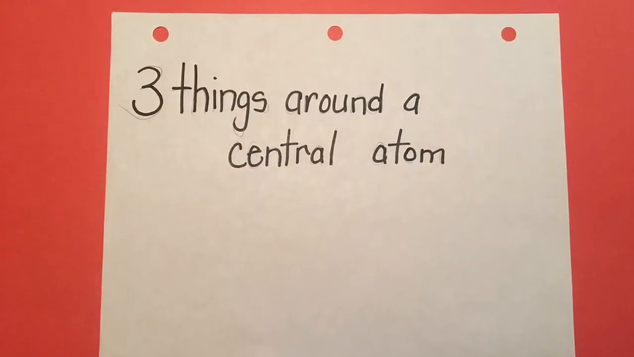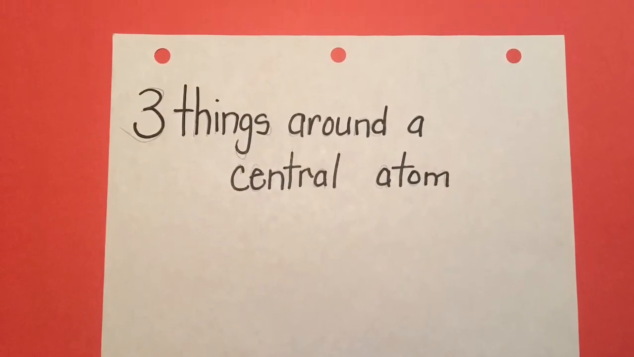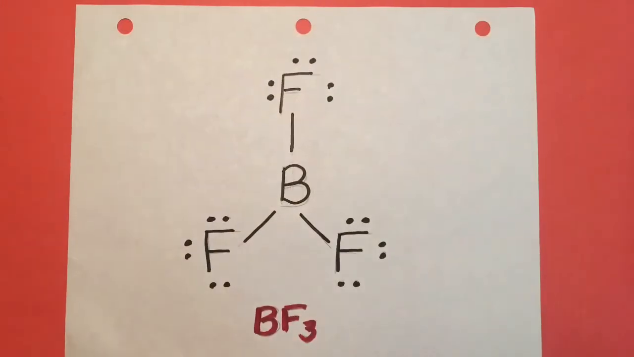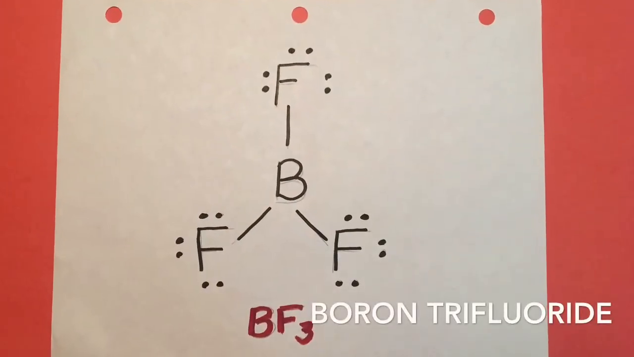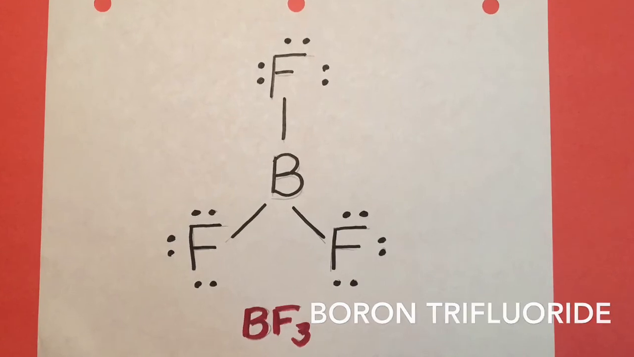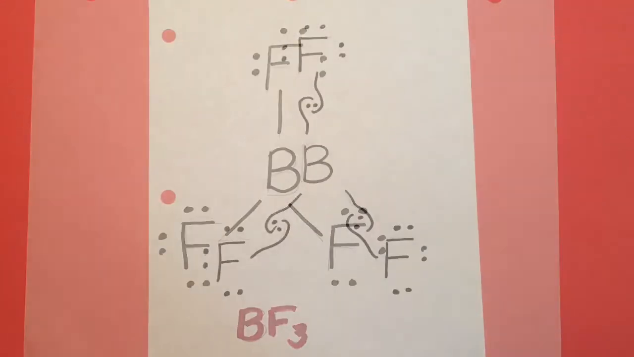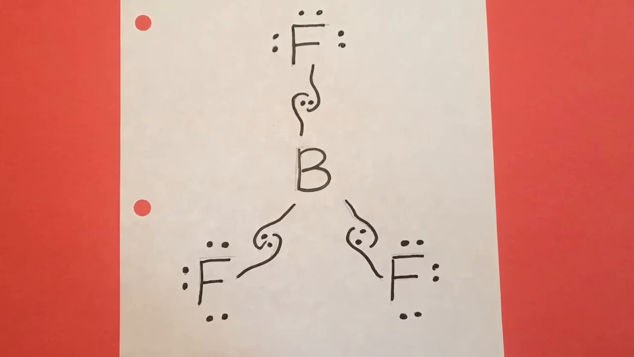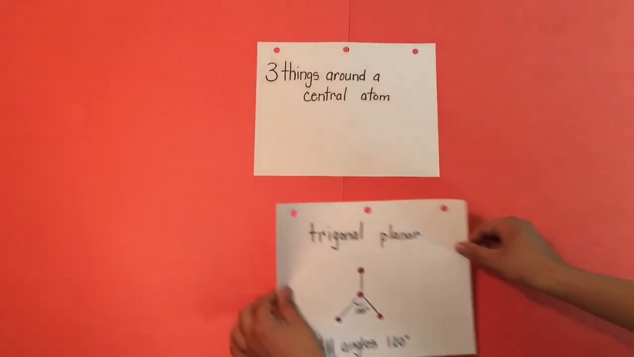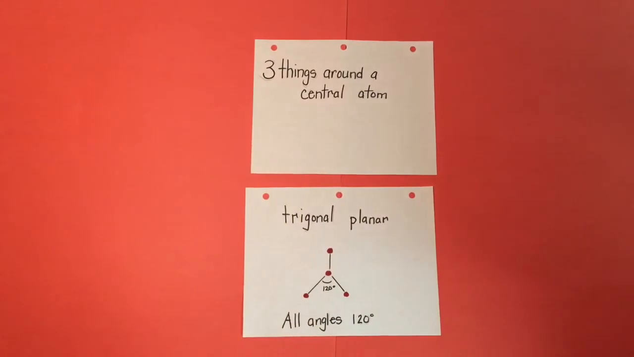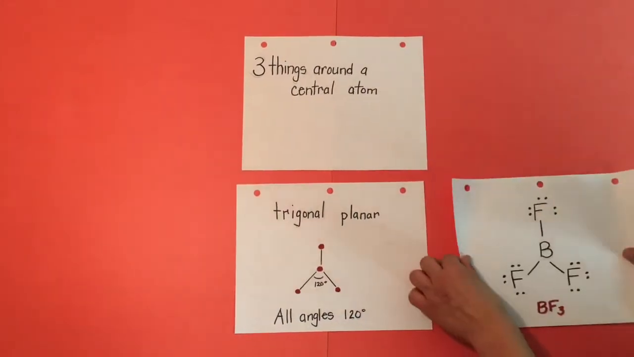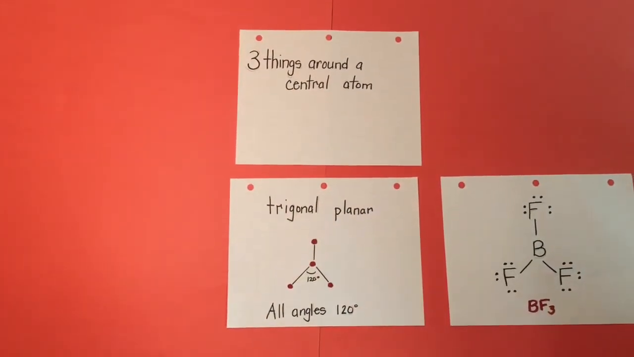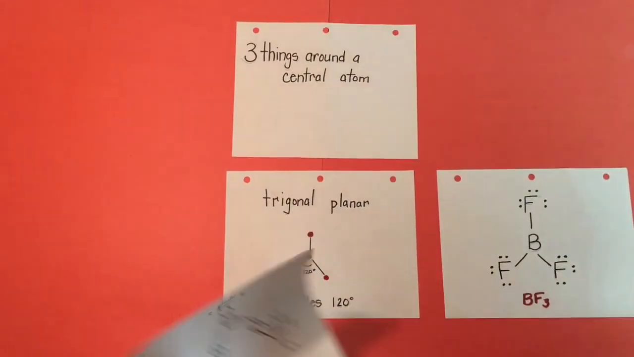Now let's move on to when there are 3 things around a central atom. There are 3 places on the central atom in boron trifluoride where valence electrons can be found. Repulsion between these electrons can be minimized by arranging them towards the corners of an equilateral triangle. The VSEPR theory therefore predicts a trigonal planar geometry for the boron trifluoride molecule with an F-B-F bond angle of